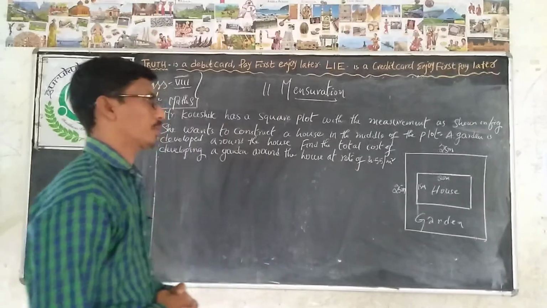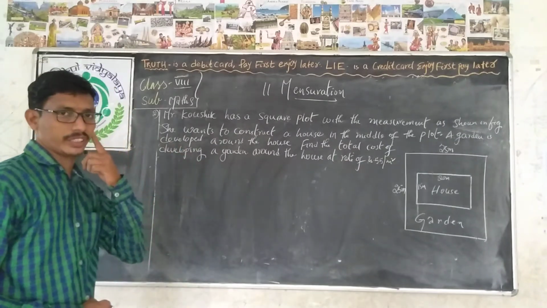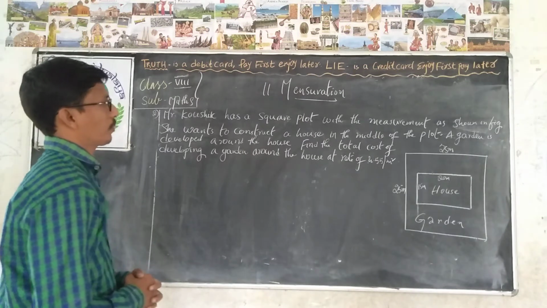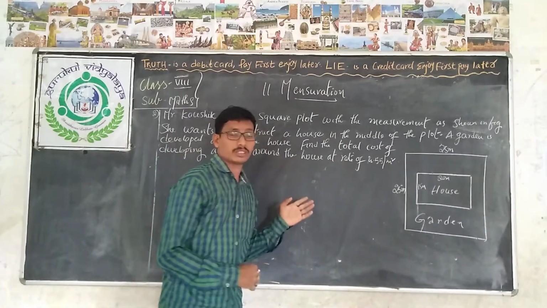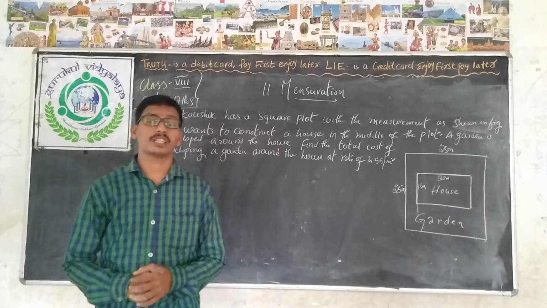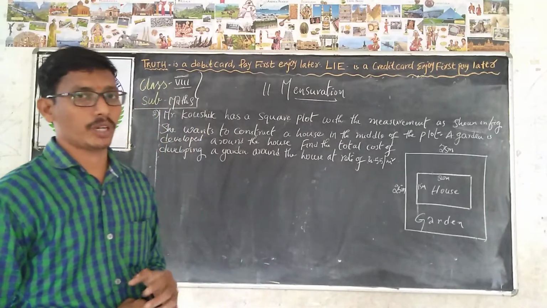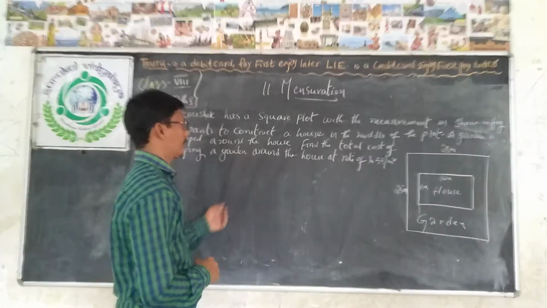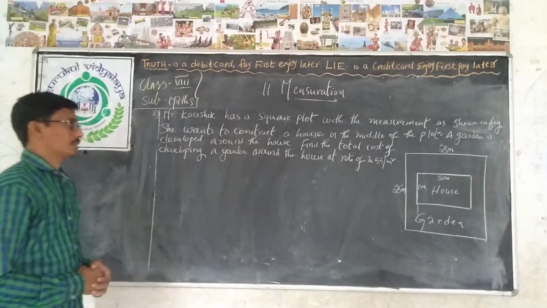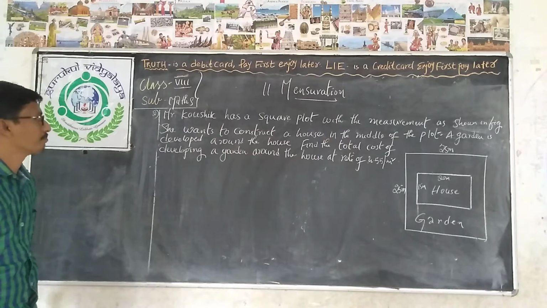In the previous class we learned about one or two problems from mensuration. Only one problem is completed from the mensuration. Before starting these problems, all of you learn the formulas by heart, it is very important. Many formulas were given. So all of you learn these formulas by heart. Now we do the second problem.